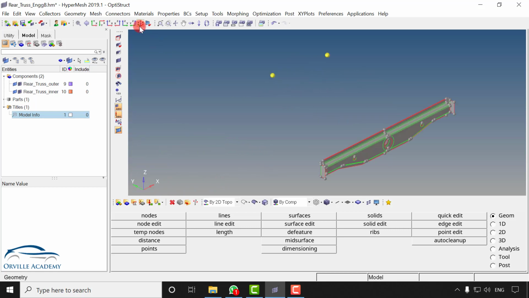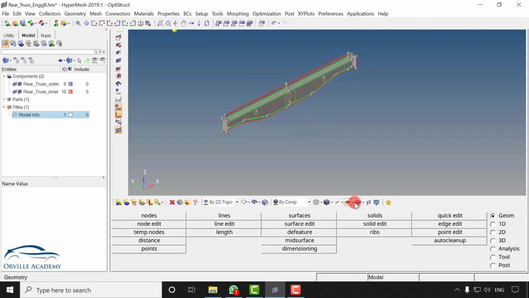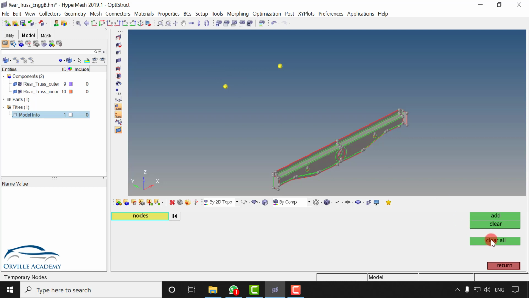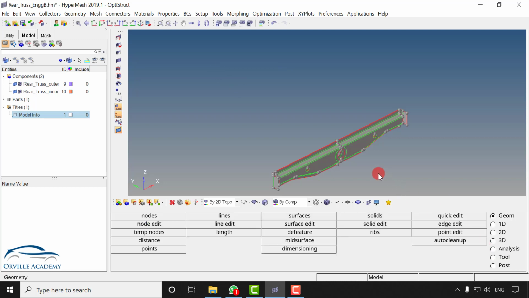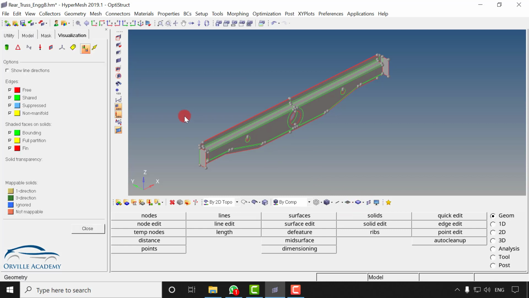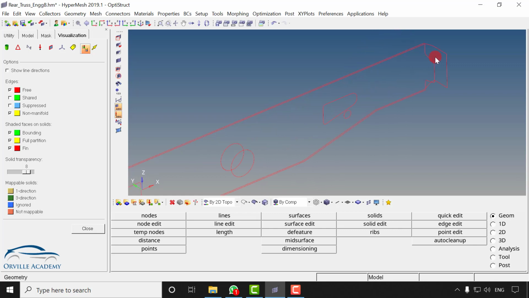But to be extra cautious, I will go for the Visualization tab. Now see, again these two nodes are interfering with me. So I can go for Shift F2 and just clear them all. And let's say return. Now here I will go for visualization. Let me remove the shade and suppress edge and let me go for wireframe mode. Let me hide the points and now observe whether there is any red color in between the surfaces. As you see, we are not able to see anything.